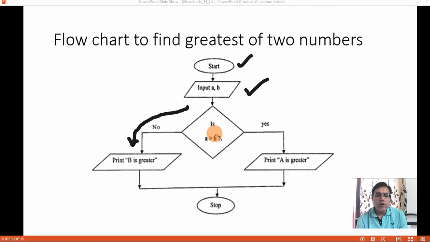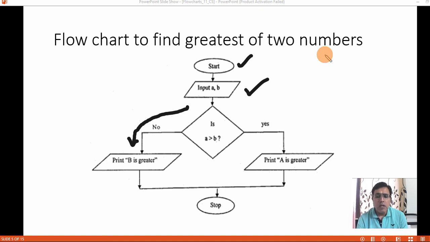If the value of a is greater than b, what you are checking here is a greater than b. Suppose you enter the value of a as some value. I'll show you how to execute this on paper. Until and unless you are able to execute the logic on paper, you cannot write programs.